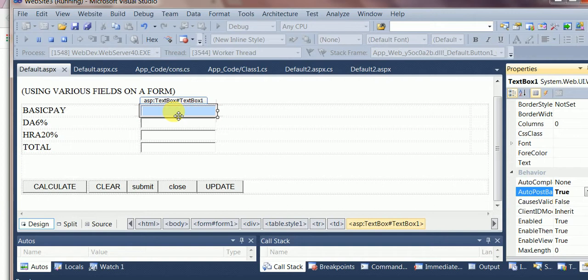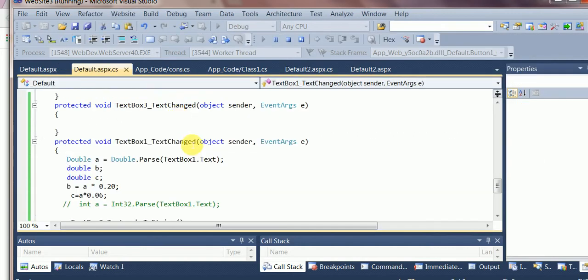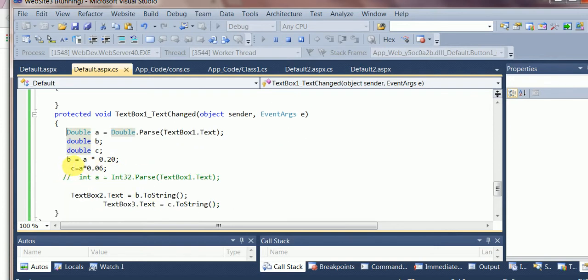See, on double click on this we get the TextChanged event. Suppose text box 1 has some value which is stored in a variable declared as double, and the data types are double for B and double for C because they may hold decimal values. Now in the calculation, B is stored as A multiplied by 0.20, that is 20%, and C is A multiplied by 6%, and this value is returned in the field of